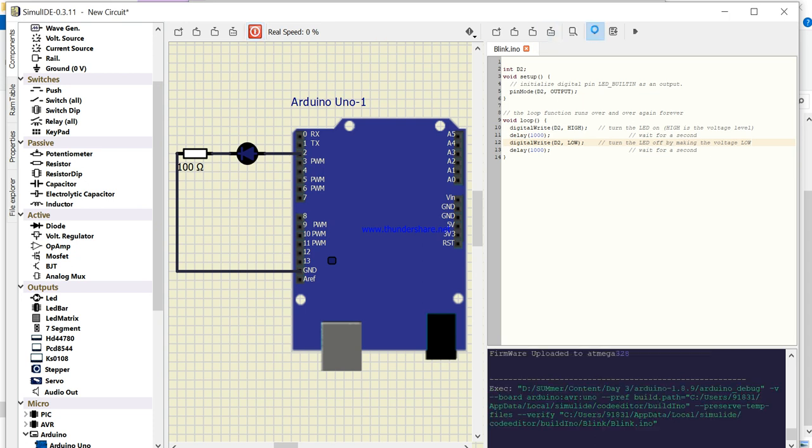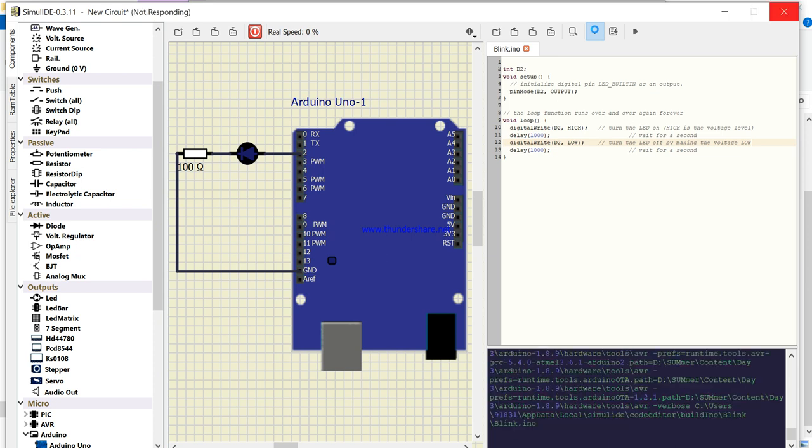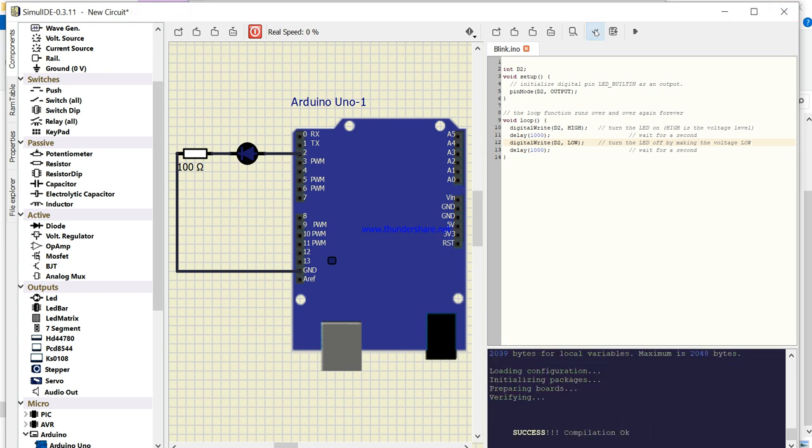Stop, compile again. Now upload and run. The program was uploaded successfully, but why is it not glowing?